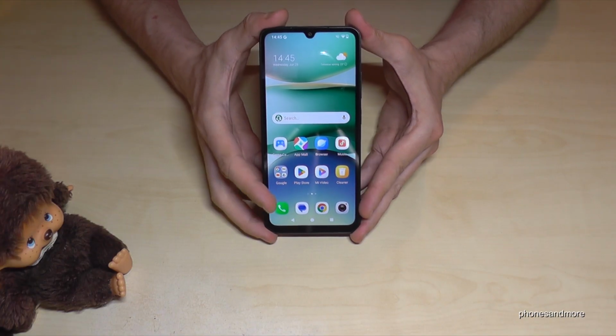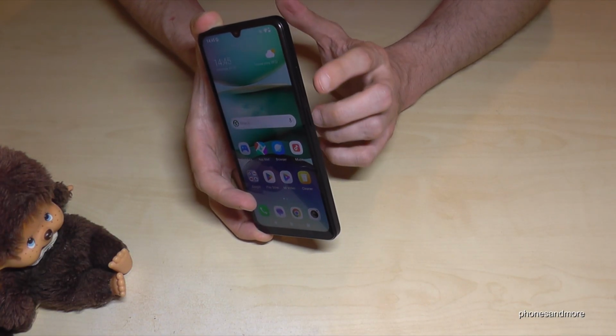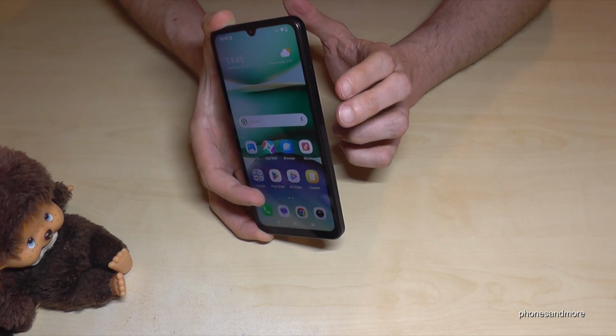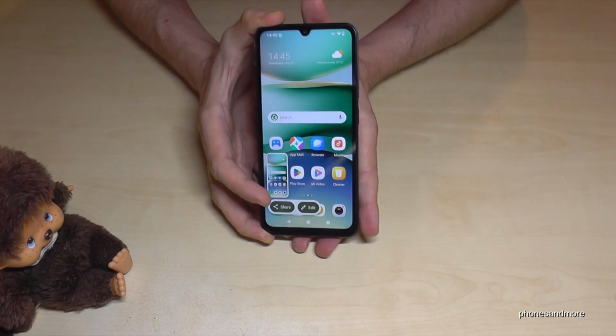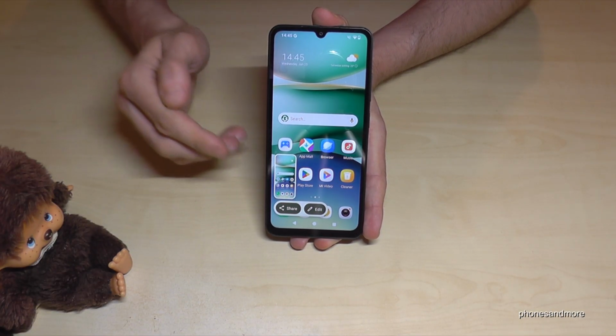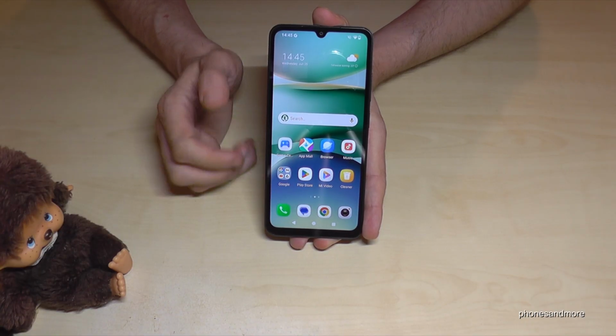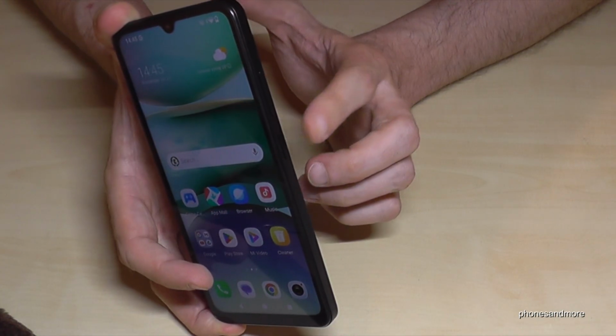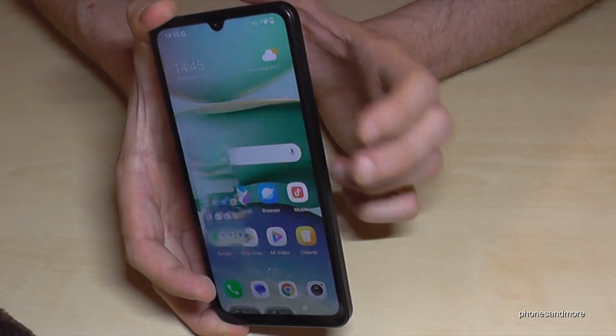For that we will need the power button and the volume down button. Press these both buttons just for short together and you're having a screenshot. After, you can see the preview, you can edit the screenshot or you can share it directly with WhatsApp, Telegram and so on. So one more time, the power button and the volume down button just for short together and